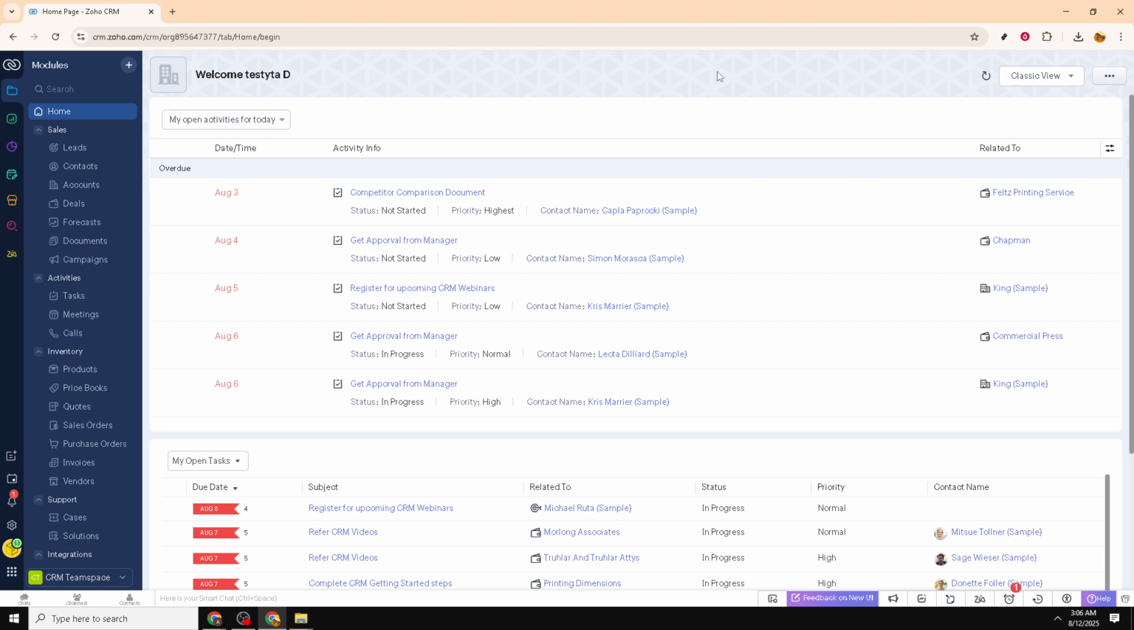To get started, navigate to the homepage of Zoho CRM. This is the central hub where you can access all the essential features and modules of Zoho CRM. Once you're on the home page, locate and click on the Contacts tab, which is usually prominently displayed in the main navigation menu. This will take you to the Contact section where you can view, manage, and import your contact